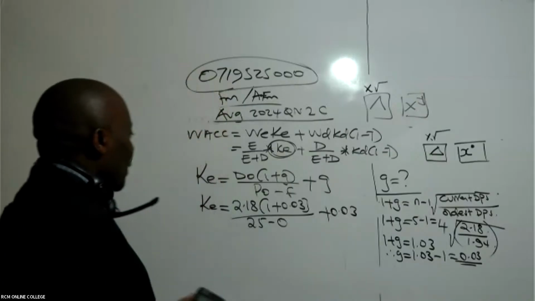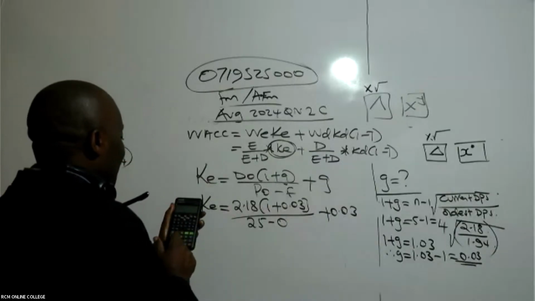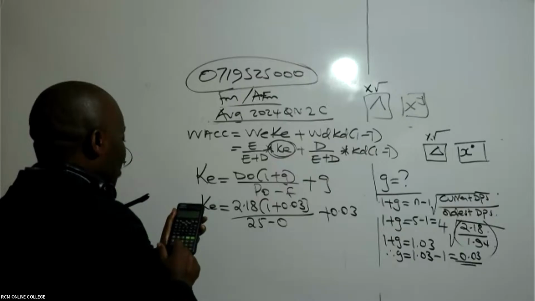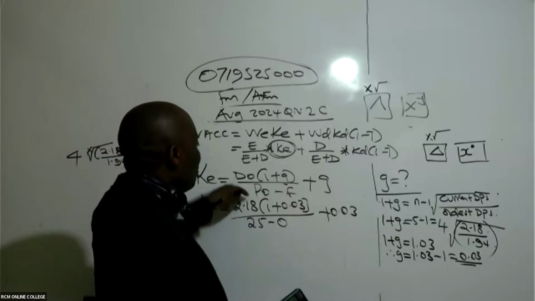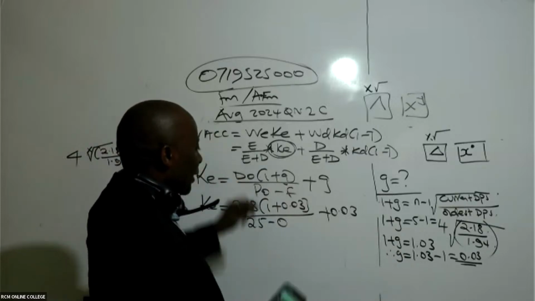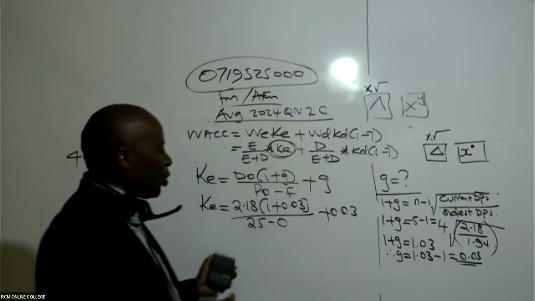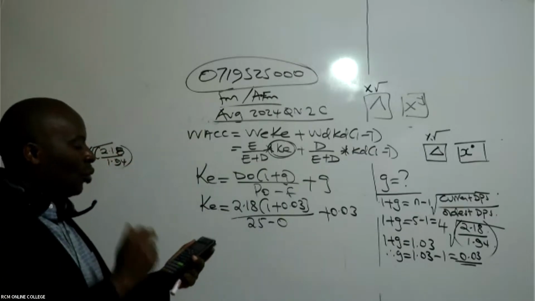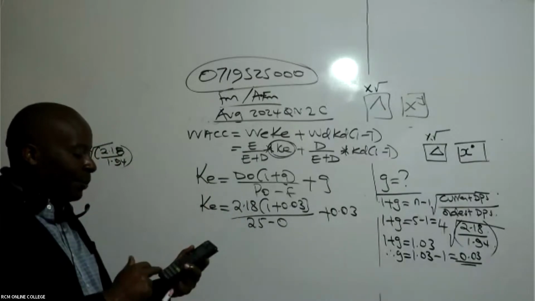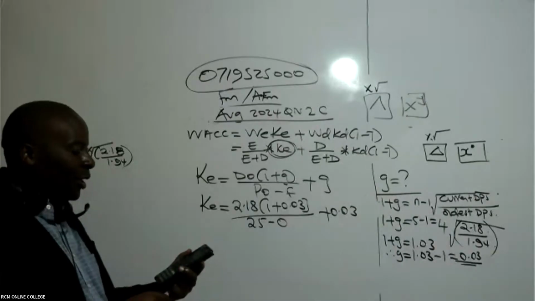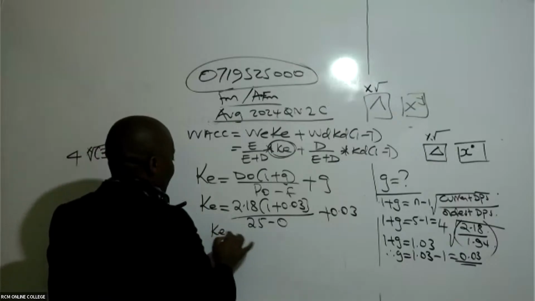So now you take your calculator like this. I will say 2.18 times into bracket 1 plus 0.03, close. I have to say equals, because this is the numerator. Then divided by 25 alone, because 25 minus 0 flotation is 25. Then I'll say equals, because I want to get this quotient first. And then I'll add the growth rate plus 0.03. So I'm getting 11.98%. I'm getting cost of equity of 11.98%.